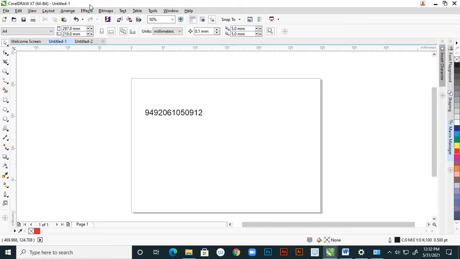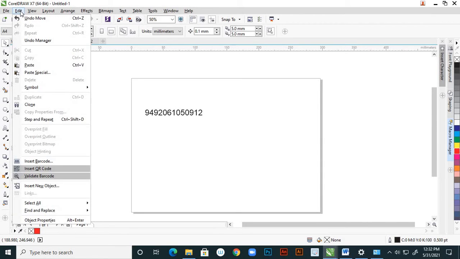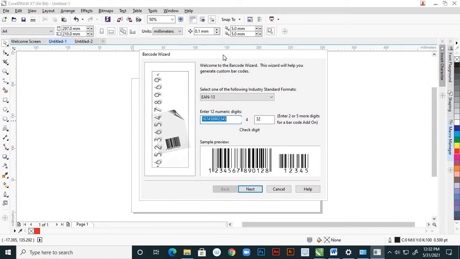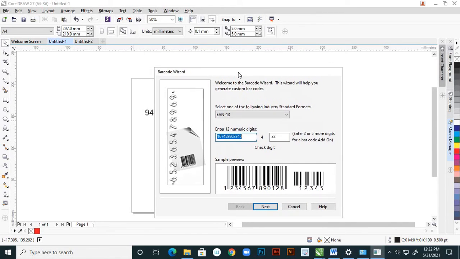So what you do, from the menu bar come to the Edit menu. There, insert barcode. Insert barcode, and a dialog box, the Barcode Wizard, is available.